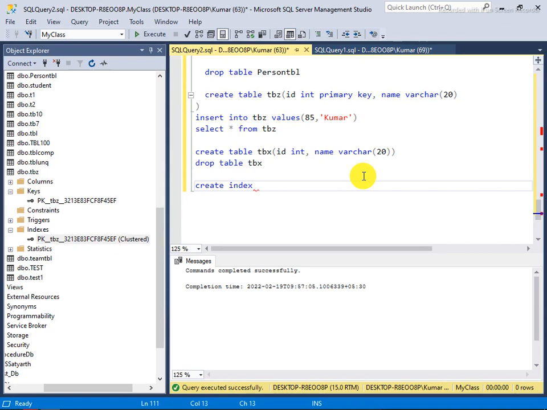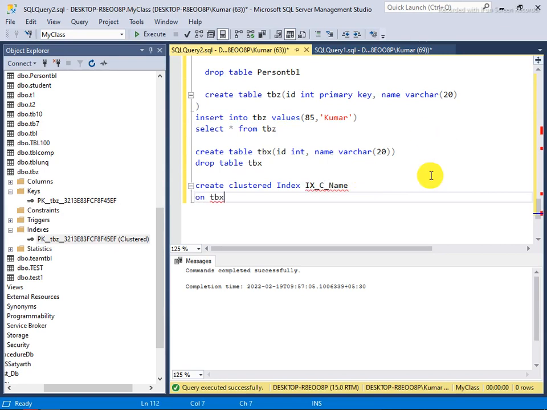So I say, sorry, create clustered index, and then the name of the index. I say the name of the index is ix_cluster_index_over_name, not over id. Okay, now tell it the table name, which is tbx.